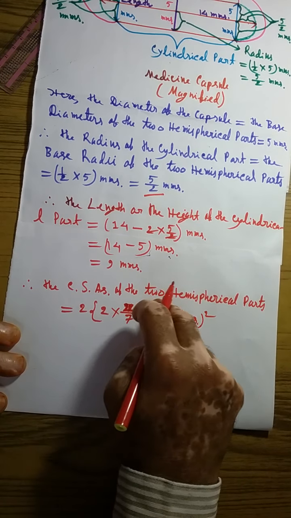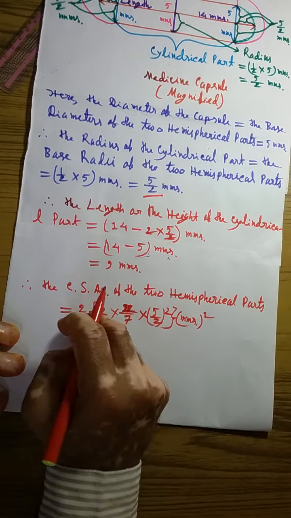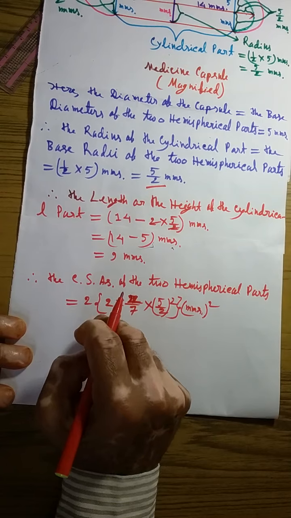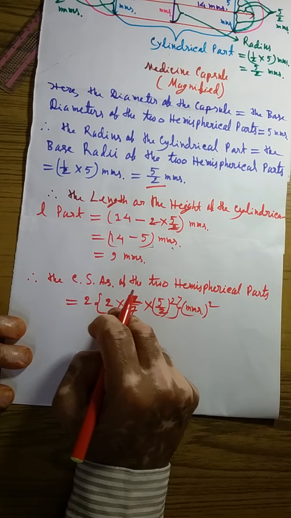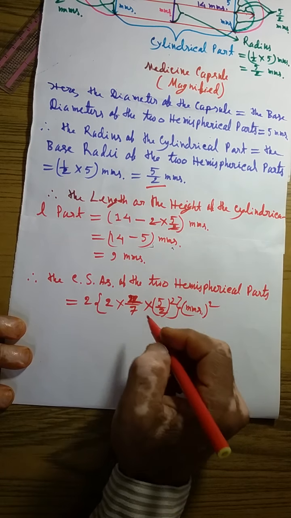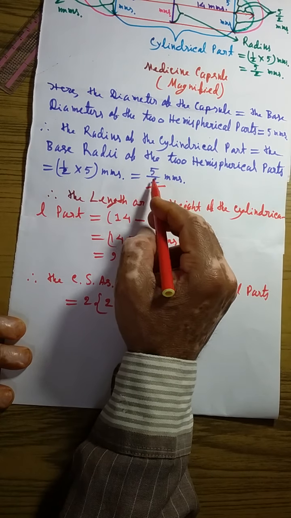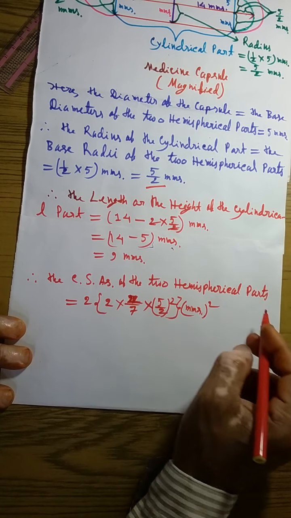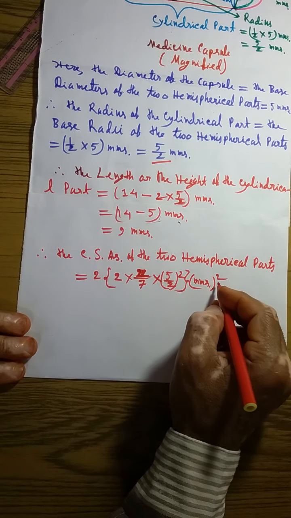So the curved surface area of the two hemispherical parts is equal to 2 into, we have two hemispherical parts, so I have written 2 here, 2 into twice pi r square. Pi means 22 by 7, and r we have got to be 5 by 2 millimeters, so I have written 5 by 2 whole square. Unit will be millimeters square,